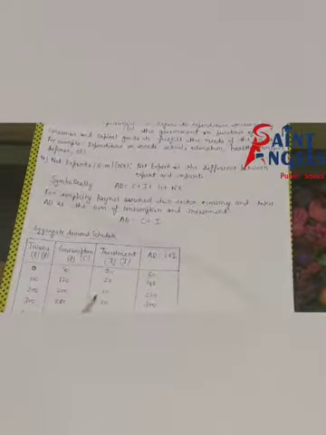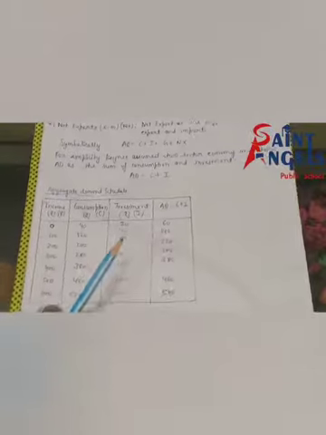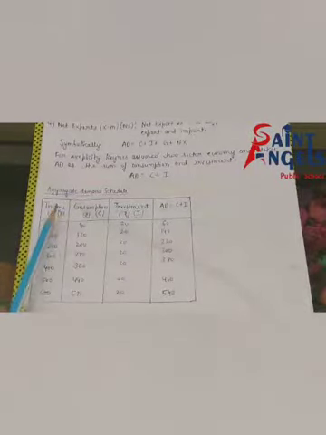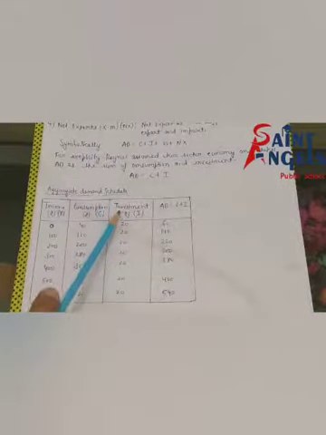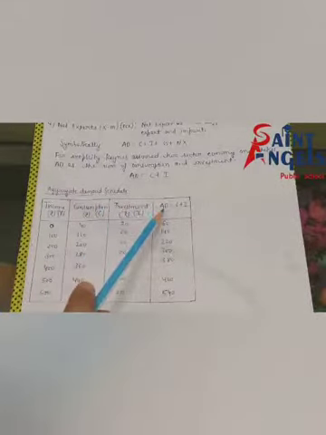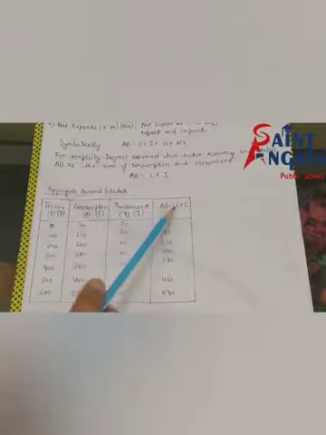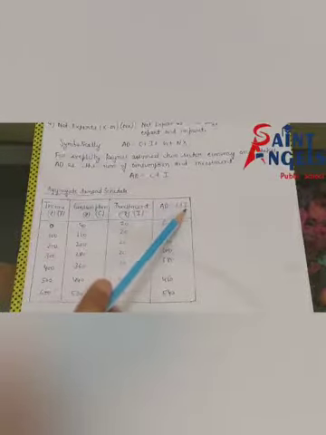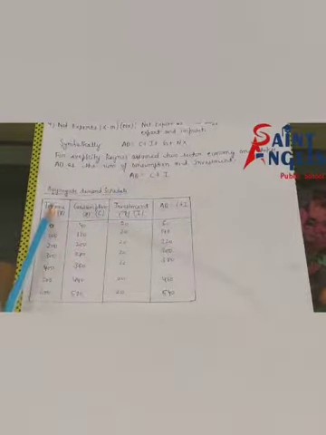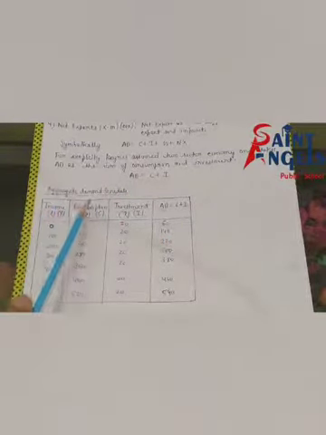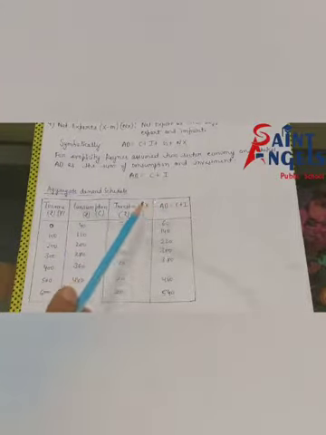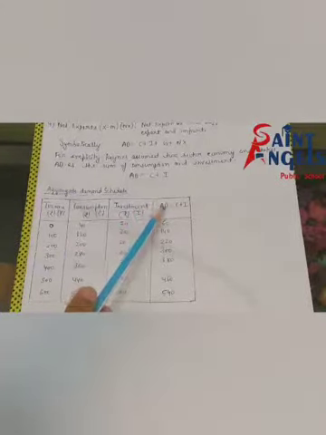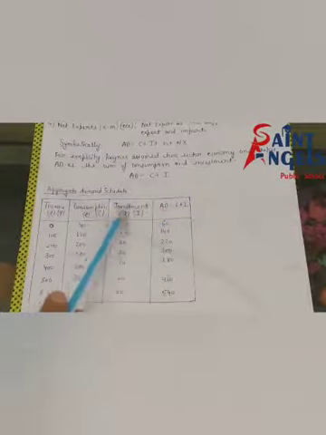See, this is the schedule. First of all you will take income, then consumption, then investment, then aggregate demand. And what is the formula of aggregate demand? Consumption plus investment. Income is denoted by Y, consumption by C, investment by I, and the short form of aggregate demand is AD. I hope all of you have understood.